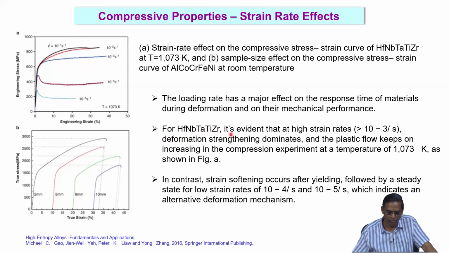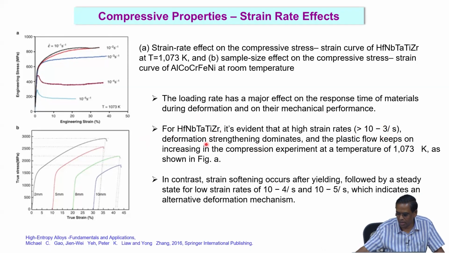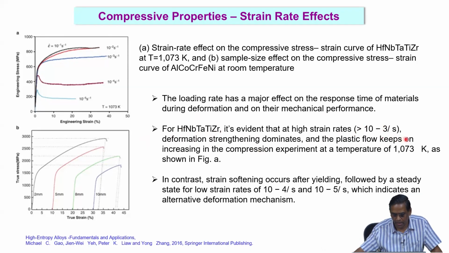For example, in this hafnium, niobium, tantalum, titanium, zirconium alloy, it is evident that at high strain rates, which is beyond 10 to the power minus 3 per second, deformation strengthening dominates and the plastic flow keeps on increasing in the compression experiment at a temperature of 1073 Kelvin as shown in figure A. So what you are seeing is what we are talking about. We are increasing the strain rate from 10 to the power minus 5